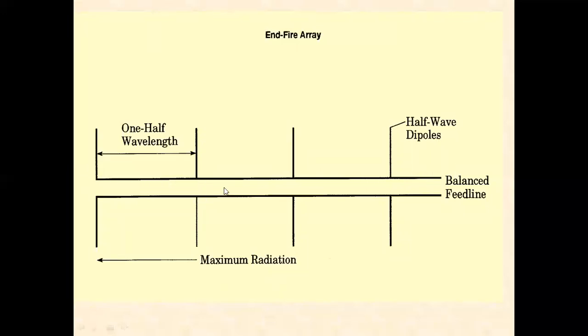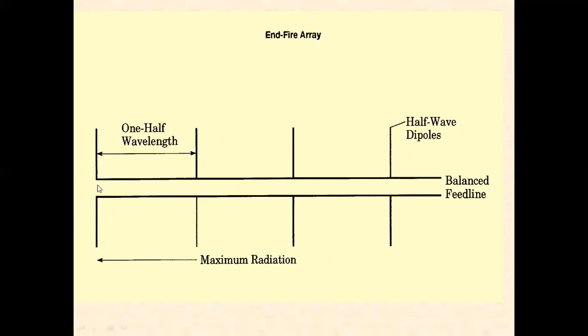You can feed it from left to right, or you can feed the element from right to left. So if we are feeding from right to left, the maximum radiation is towards the left side. So when we want to radiate the signal towards the left side, feed the signal from the right, so that there is a progressive feeding through the antenna. When it is passing through the individual elements, the maximum directivity in this particular direction increases. If we are using more number of elements, we will be getting more radiation in that particular direction.